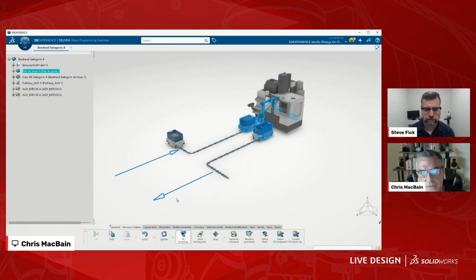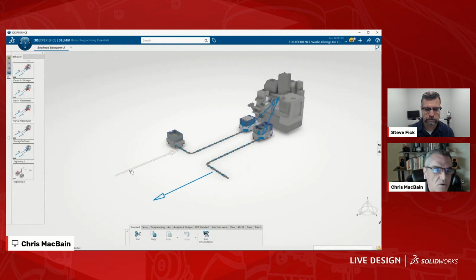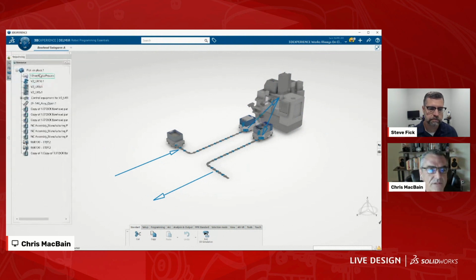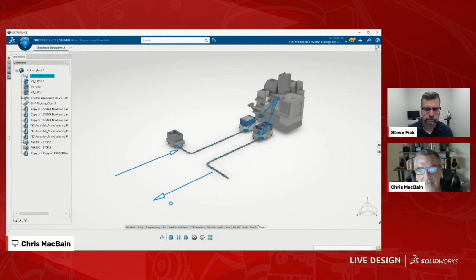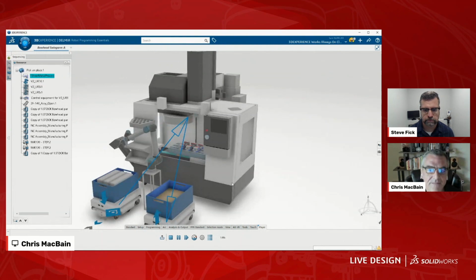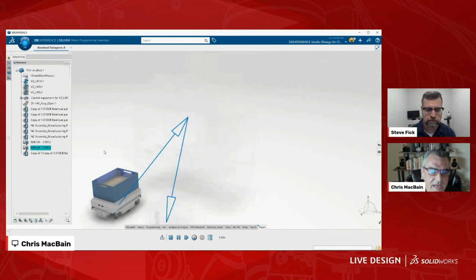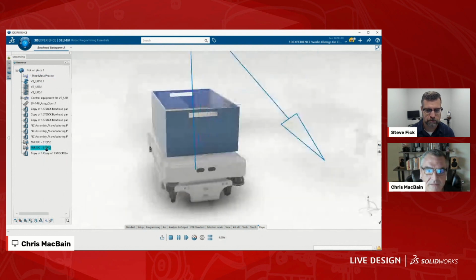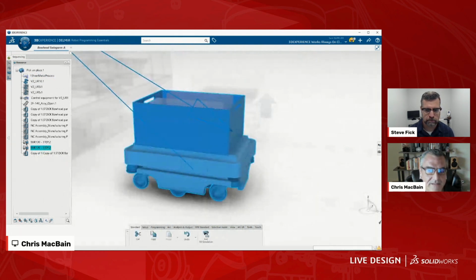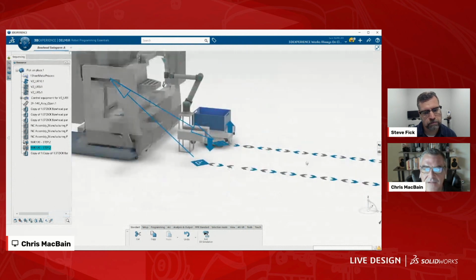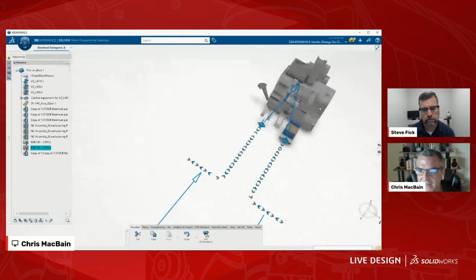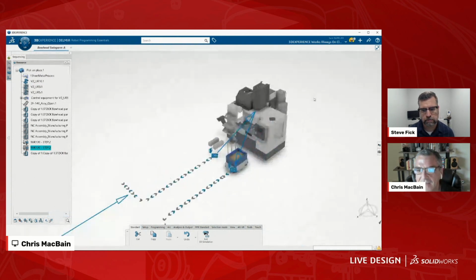Really what I could do is open these up in their own software using the same file. But what I'm able to do here is program this part and simulate this robot all within the same file. There is some stuff on here I could hide, so let me go ahead and hide a couple of these. There we go. Center it on there. Come back. There we are.